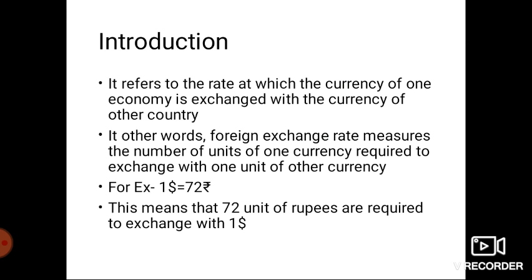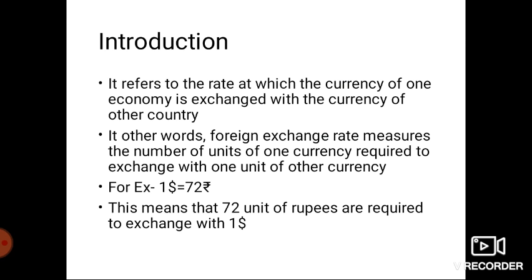Now how do they play the game? Suppose an Indian works in Australia and gets the Australian dollar. He sends some of the Australian dollars to India. So this is the first step. Now his family gets the Australian dollars. The person goes to the bank, converts the Australian dollars into Indian rupees and deposits them in the account. The commercial bank again deposits the same Australian dollars to the central bank, that is RBI, where the treasury is.